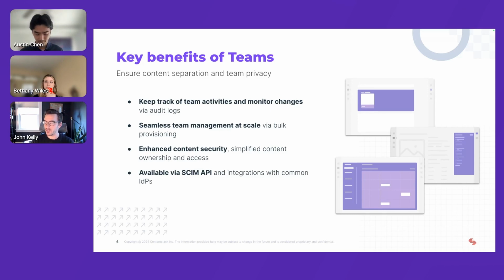Notably, this is actually available via our SCIM API. SCIM is basically a specification for user management and user provisioning, and we have some integrations today, such as OneLogin and a couple others with some of the common IDPs. But of course, you're able to use our SCIM API to actually define these groups of individuals and put them into a team. Notably, Teams for us is also going to be an entity and a definition